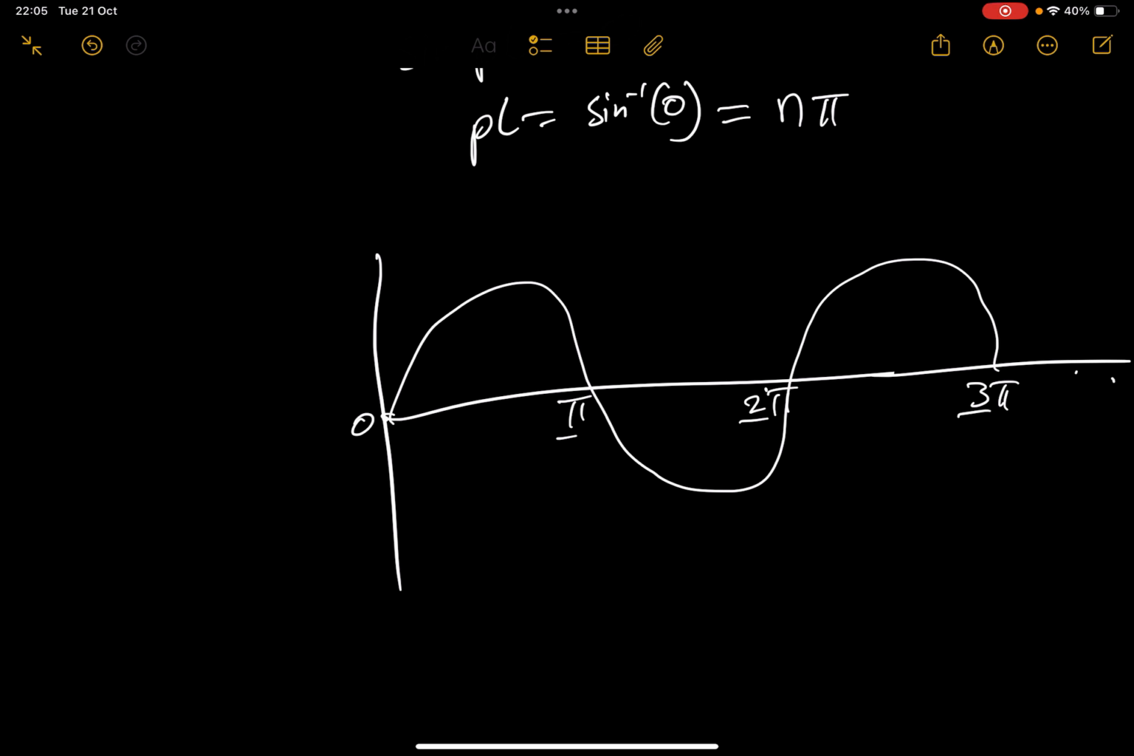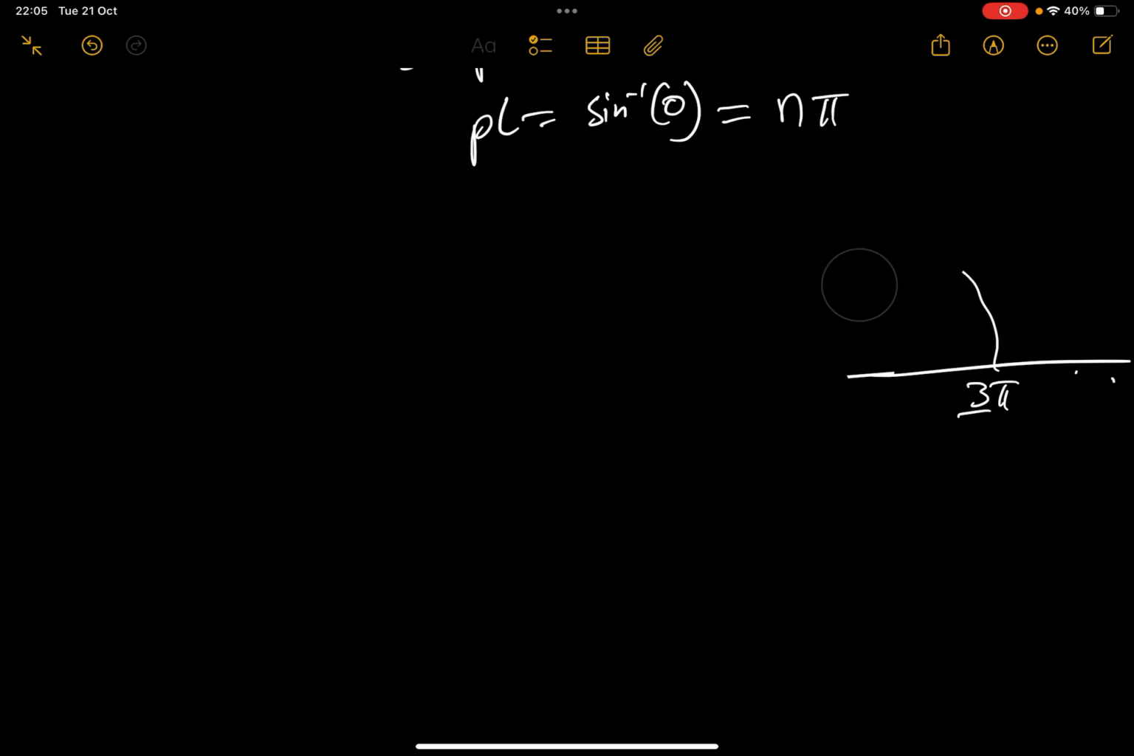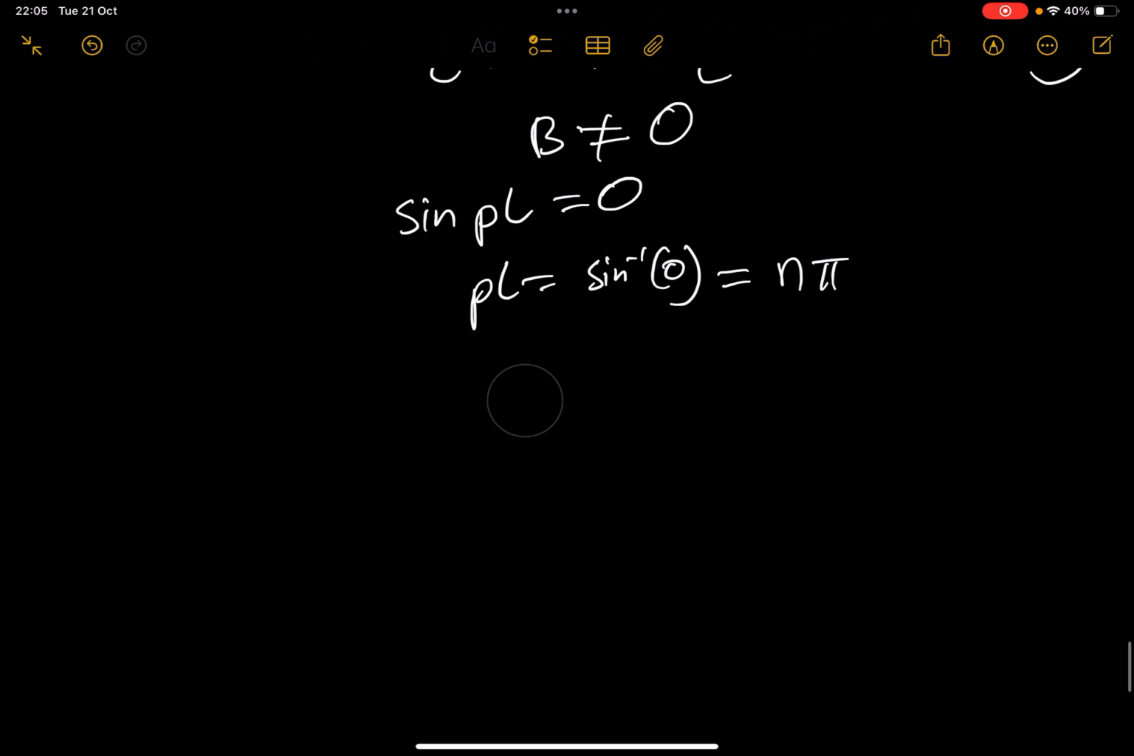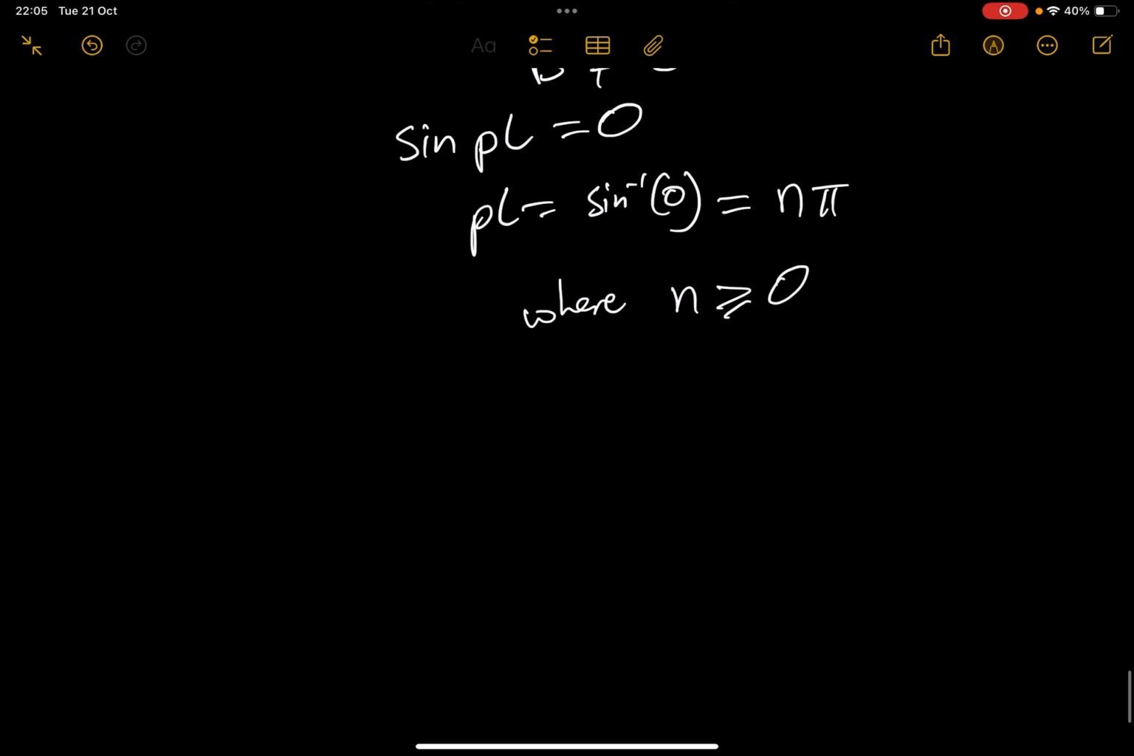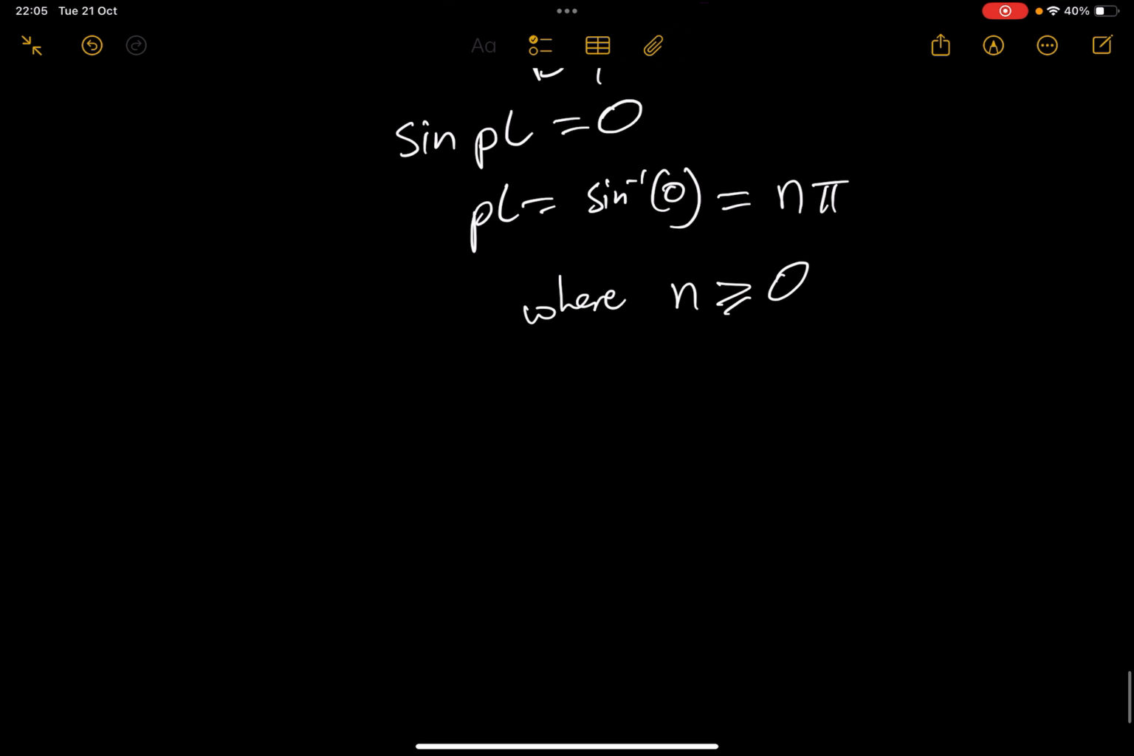So n, that's why we are saying we have n integers times pi, because there are n solutions where n is greater or equal to 0, so all positive integers. So after knowing this, what can we then do? So we can rewrite this equation